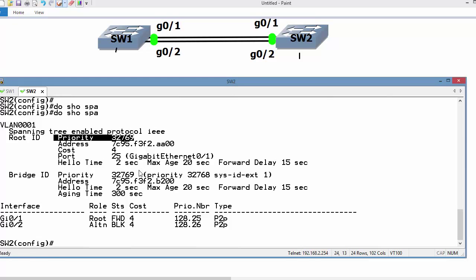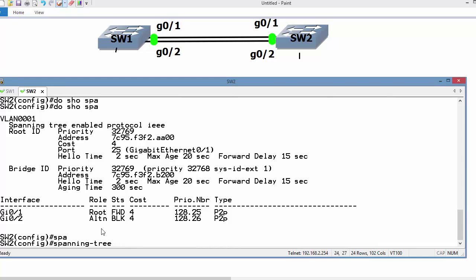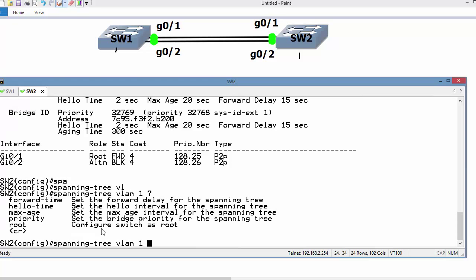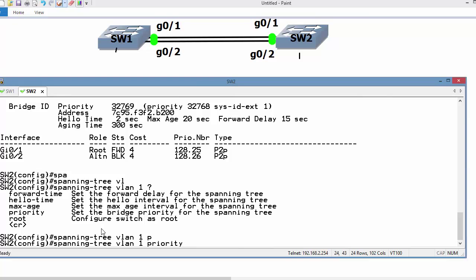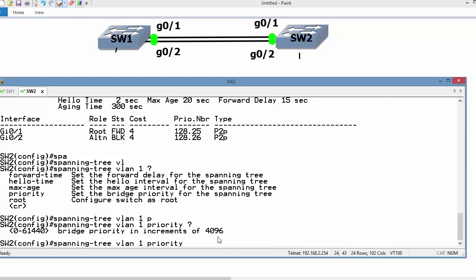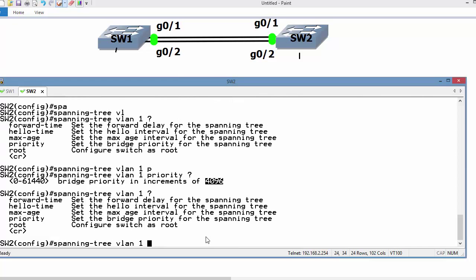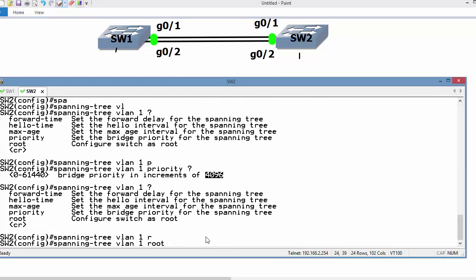If you want to make a switch become the root bridge, you have two ways to change the priority. One way is spanning-tree vlan 1 priority, where you can select the priority, and it increments and decrements by 4096. Since in a particular switch up to 4096 VLANs can exist. Or you have another option, you can select that you want to become the root,